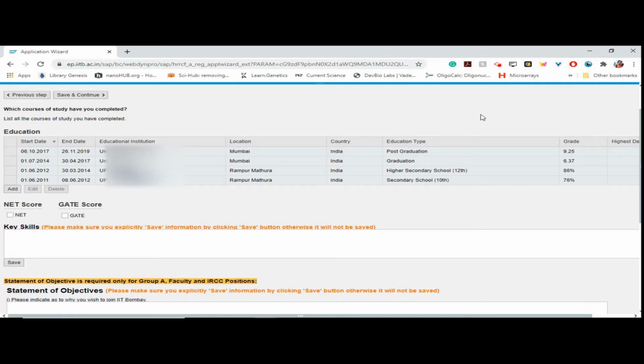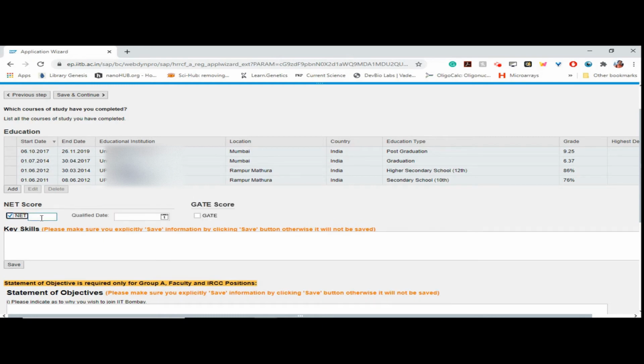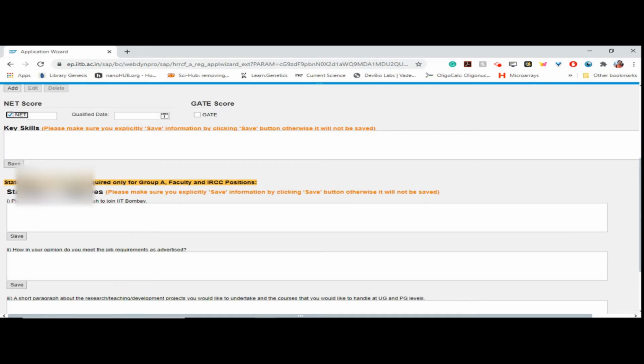If you have NET and GATE scores, then click on that specific course, and then you have to provide the qualified date and the scores, all India rank. And please do list down your key skills, technical skills here, and never forget to click on save before submitting or saving this